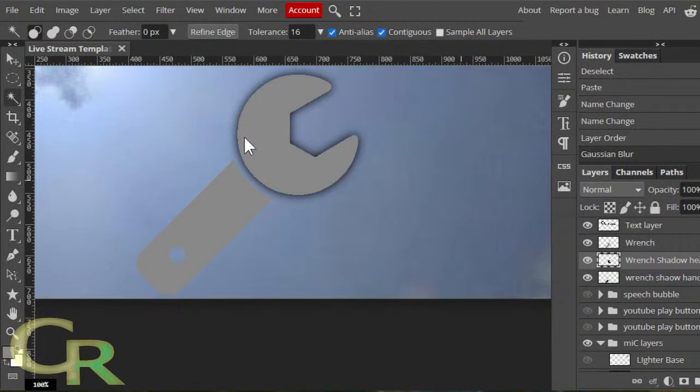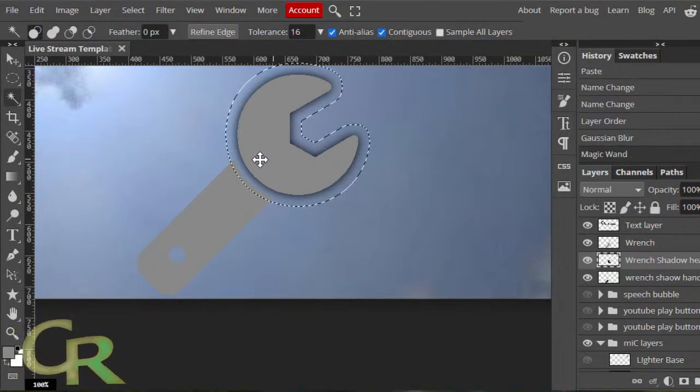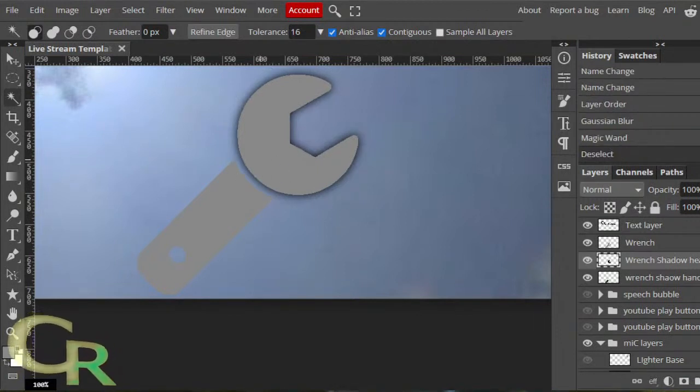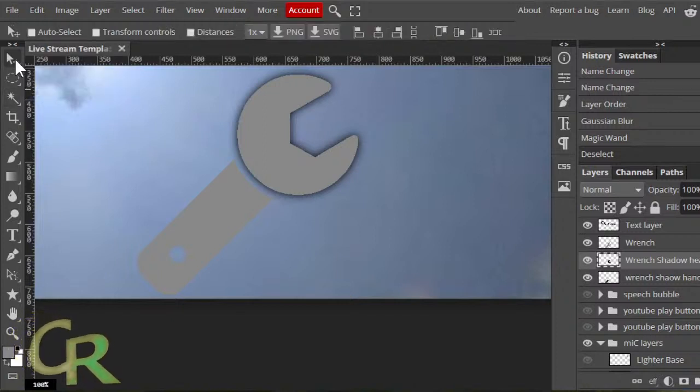I'm just going to move this with my arrow keys. I still had the magic wand, so I actually have to use the move tool or push V on the keyboard. Now I can use the arrow keys. So you can see now it's moving.